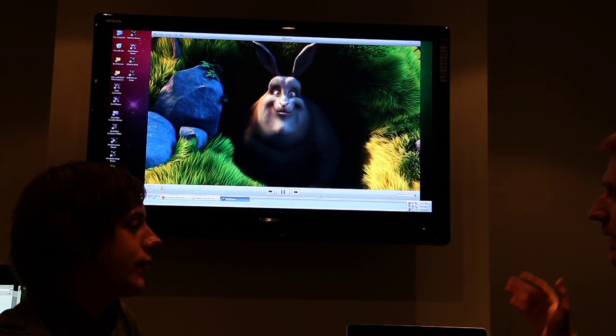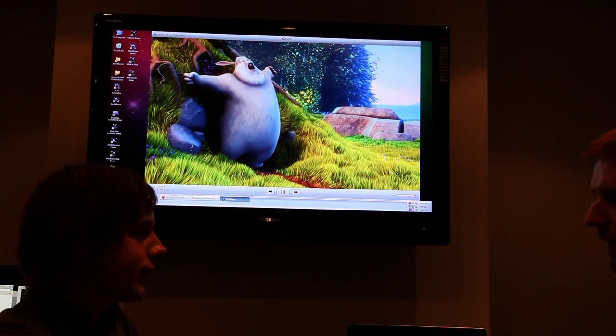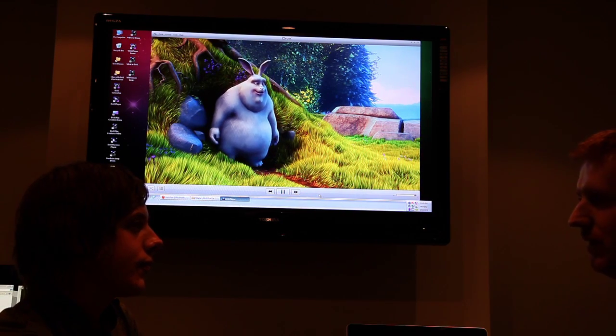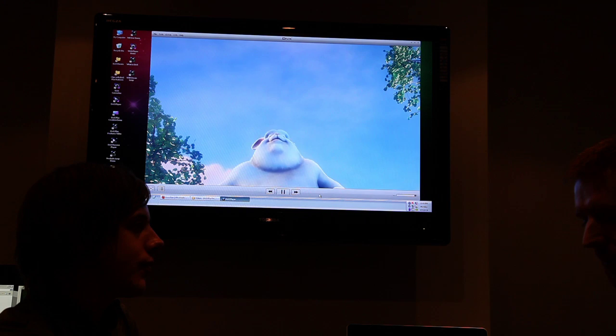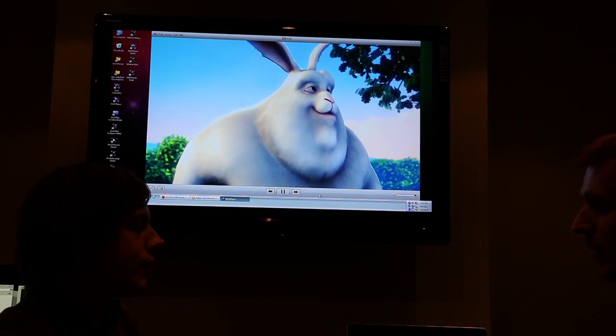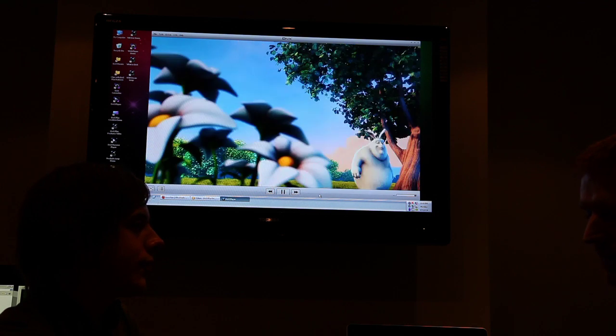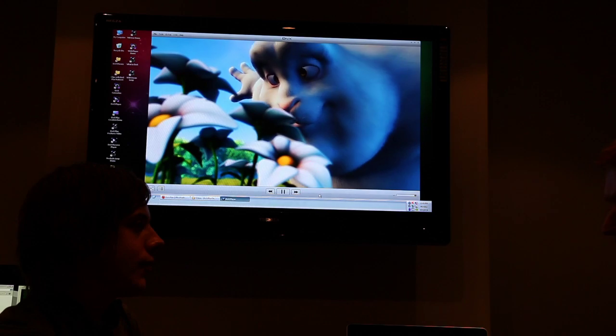What we do is basically include a second copy of the video at a lower resolution in the file, and we add about 10% of the file size as overhead in order to do that. But this solves a problem in devices where it's often very hard to fast forward and rewind when you're off the desktop. The reason is that in video formats that are highly compressed, we often have a keyframe and then